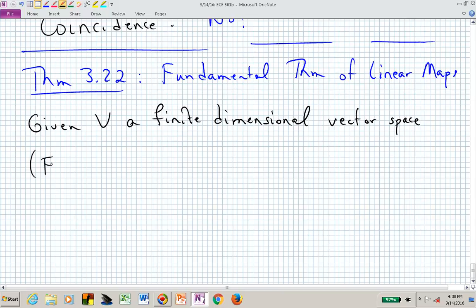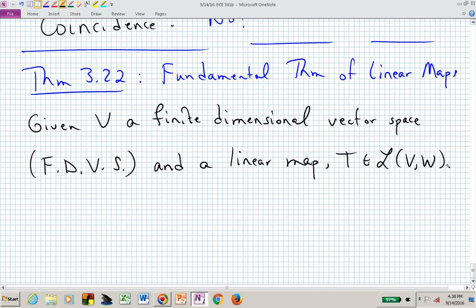And I'm assuming that you're all wanting to text this, so you might just say FDVS for finite dimensional vector space instead of typing that all out. Or if you're tweeting, I guess you might just say FDVS in your tweets and everyone will know what you're talking about. So a finite dimensional vector space and a linear map between our input vector space V and W,